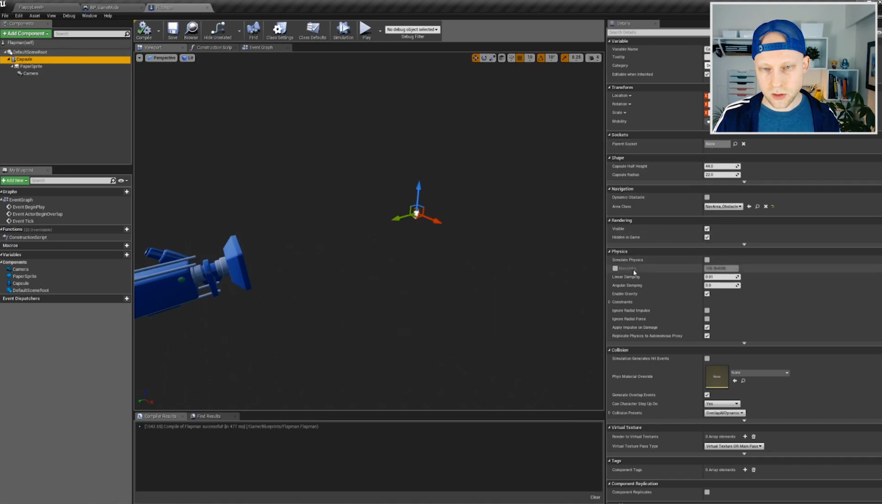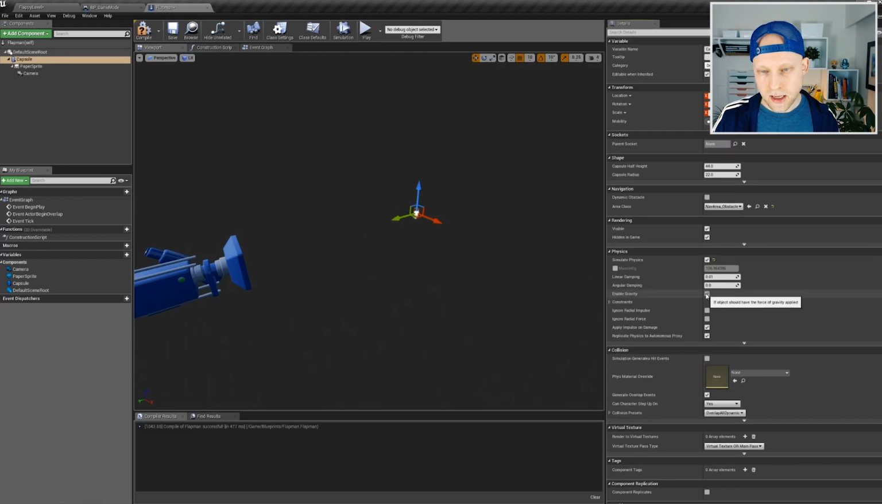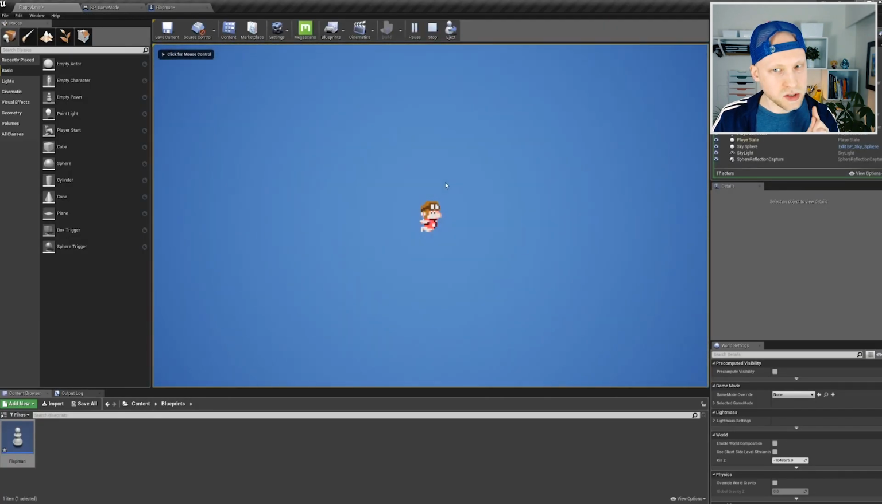So if you look in the physics, we're going to say simulate physics. What you also need to do is under collision, I'm just going to say block all. Now that might be confusing. Don't worry. We'll go through collisions a little bit later, but for now, just put it to block all and enable gravity. So if we try this, well, it looks like we're standing still, but we're actually not, because